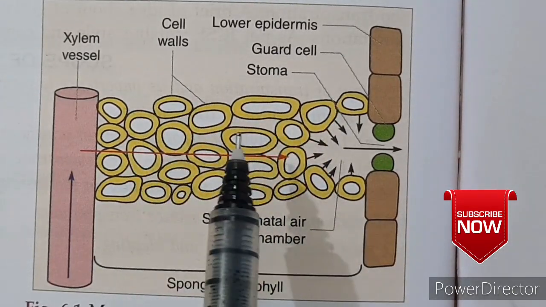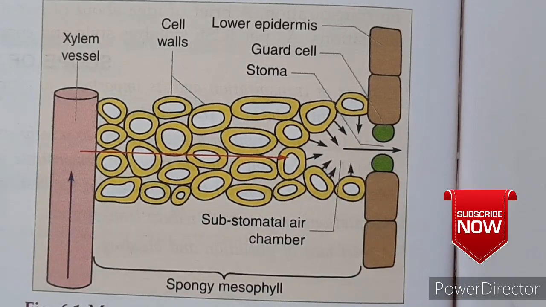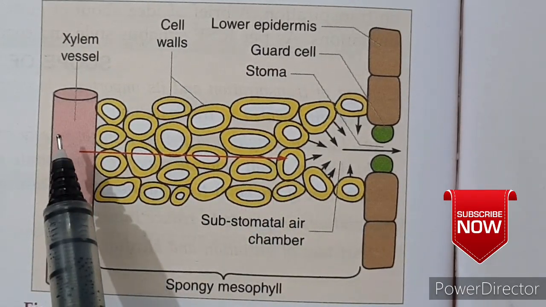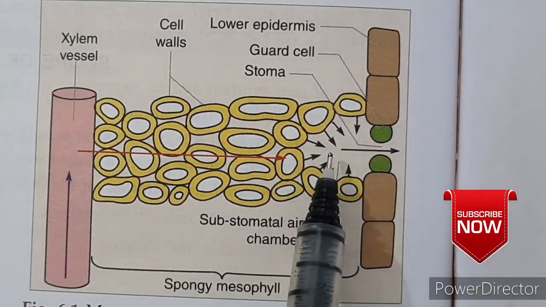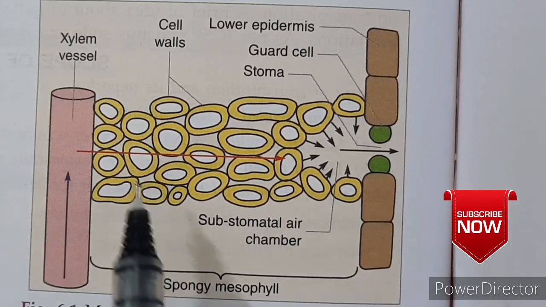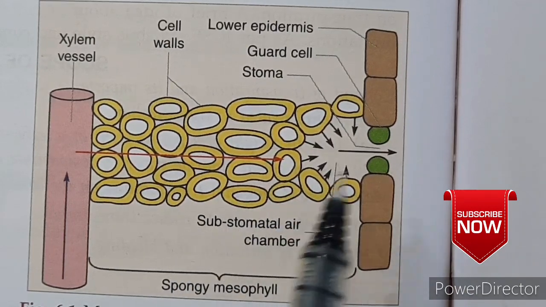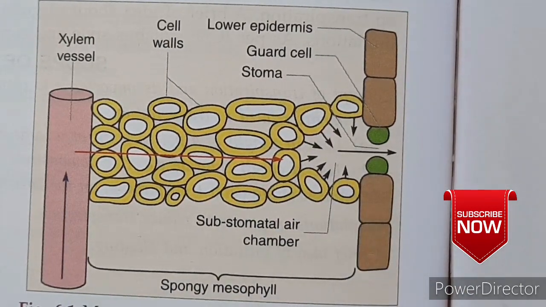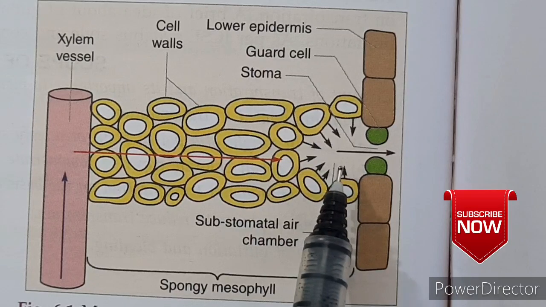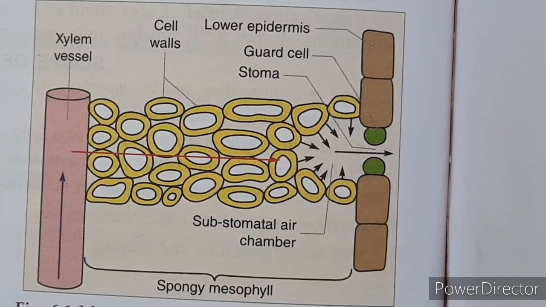The amount of water lost is replaced again by the regular supply of water made by the xylem vessels in the leaf. The loss of water by thousands of cells is replaced by the water which is absorbed by the roots. This is how continuously the water is lost from this place, and again the water has to be absorbed. Therefore, it is called a necessary evil. Transpiration is a necessary evil because the loss of water by transpiration only causes the water to ascend. Therefore, this is a mere expenditure of energy, due to which the water is lost here, and again water has to be absorbed by the xylem vessels through roots.